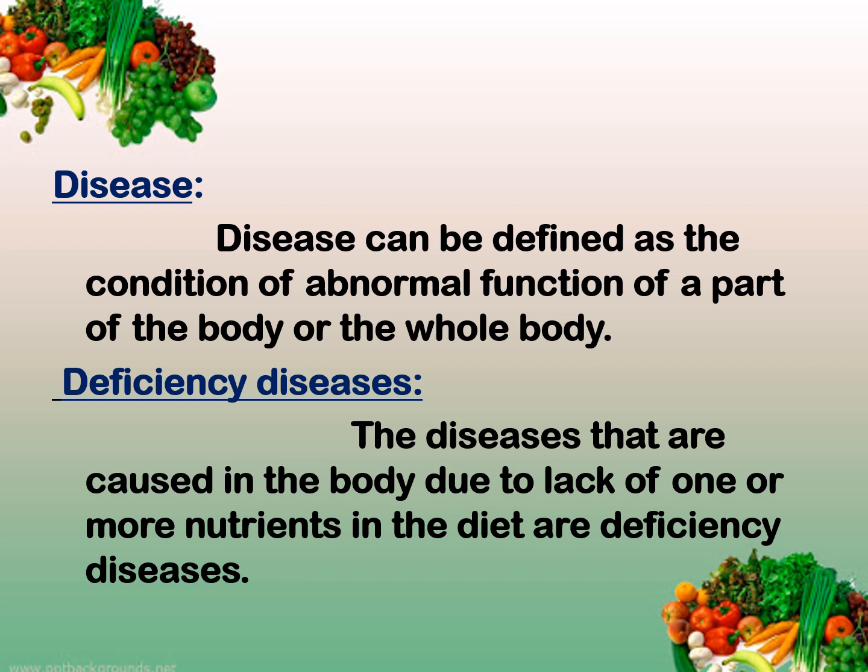Right? So these diseases will be mainly of two types, children. First type will be deficiency diseases, and second type infectious diseases. Now in this lesson you will be learning about deficiency diseases. So what are deficiency diseases? The diseases that are caused in the body due to lack of one or more nutrients in the diet are